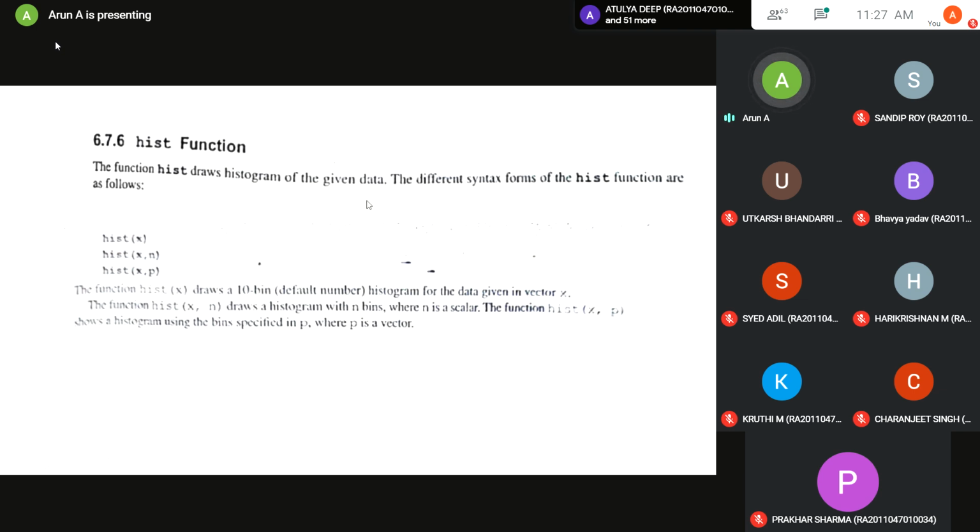The function HIST draws a histogram of the given data, and the syntax is HIST(X). You have to remember these function names, so that the function name automatically comes as a command in MATLAB. But there are some differences in Scilab, where you have to find the equivalent, since some things need to be introduced first. Some things you might feel are not working, but what you have to do is find the equivalent in Scilab. So this is about the HIST function.